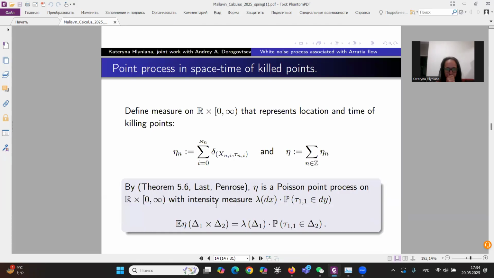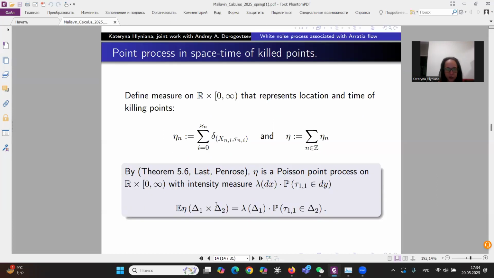Okay, so as I said, we also will consider another point process which is located in time and space, that is the exact location of moment and of position of death of a particle. So this point process will also be a Poisson point process, but now on a product, and we can write the intensity measure like lambda times here the distribution of one death point, which is